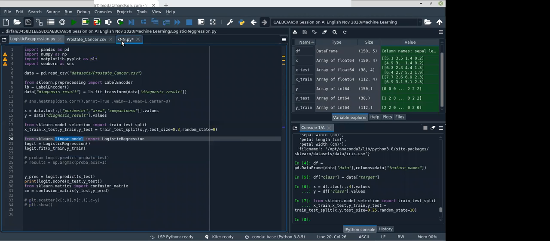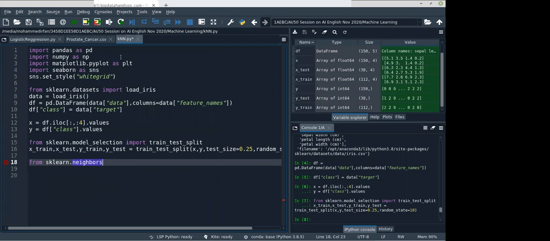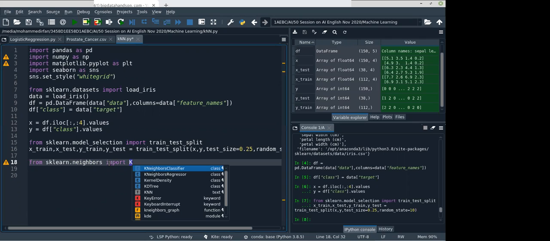So now the KNN is inside the neighbors module, right? Inside this module we have the KNN classes, KNeighborsClassifier and for regressor we have another class, KNeighborsRegressor.